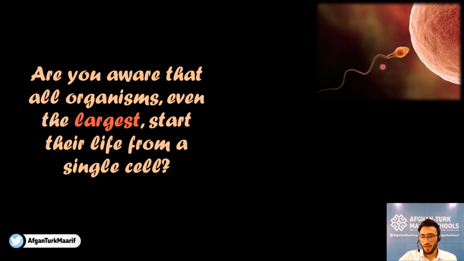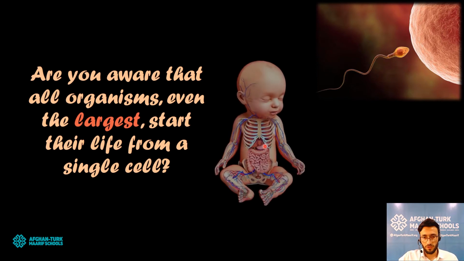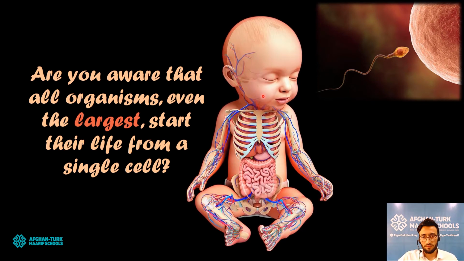In this picture that I'm pointing to, you are seeing two haploid cells which each possess one set of chromosomes. This one is called a sperm cell, and this one is called an ovule. After fusion, or fertilization, you will have another important cell that is called a zygote. The zygote is a diploid cell that, through further divisions, gives the embryo, or your own self.